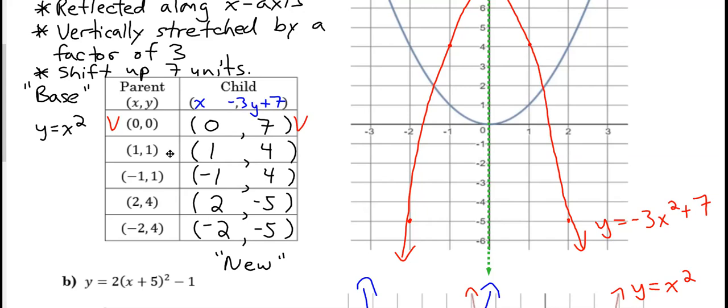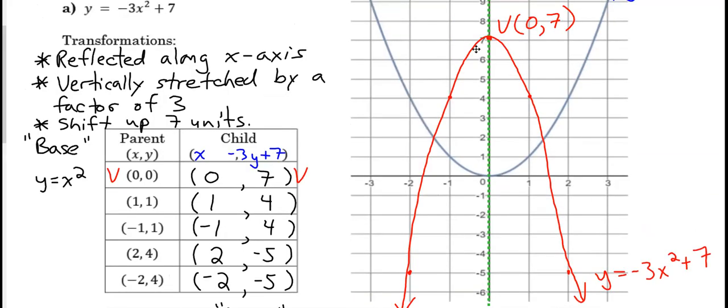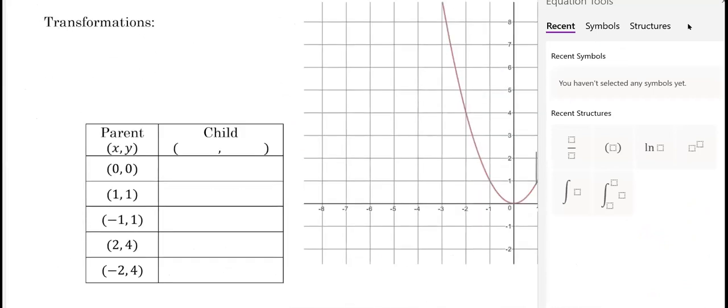So -3 times 1 plus 7 is 4, and that's going to be the same here. 4 times -3 plus 7 is -5, and it'll be the same here. You plot all these points, and that's the red graph that you see here, and that'll be the new graph. So it's just a matter of taking some ordered pairs, creating new ordered pairs, and creating a new graph. And then similarly,